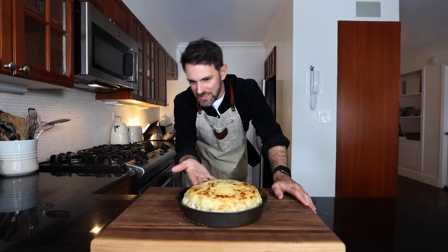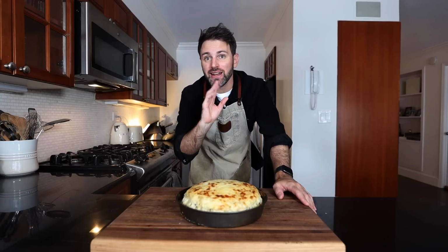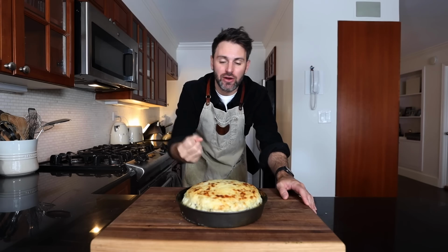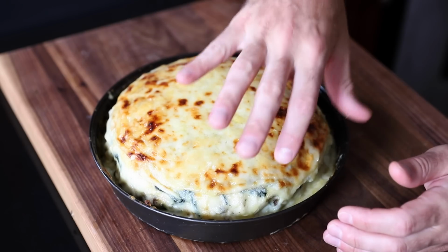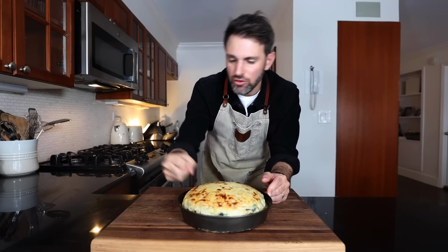Problem is I have it in this cake pan and I want to remove it to show it off, but I don't know how to get it out. And I know as soon as I try to attempt to take it out, the cheese sauce is melted and it is connected to the side of the pan. So if I remove